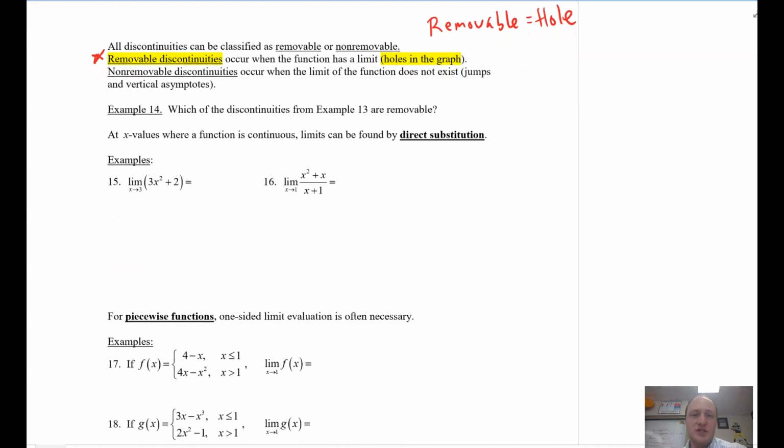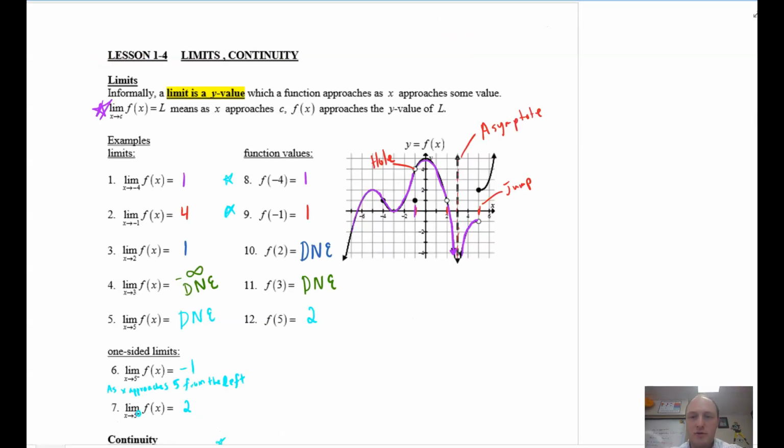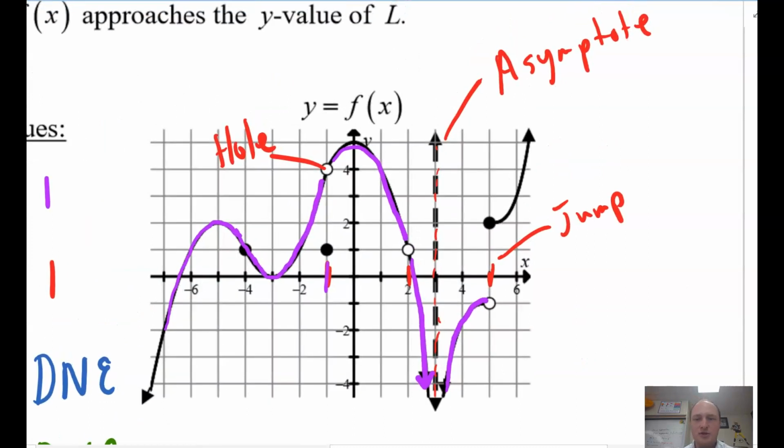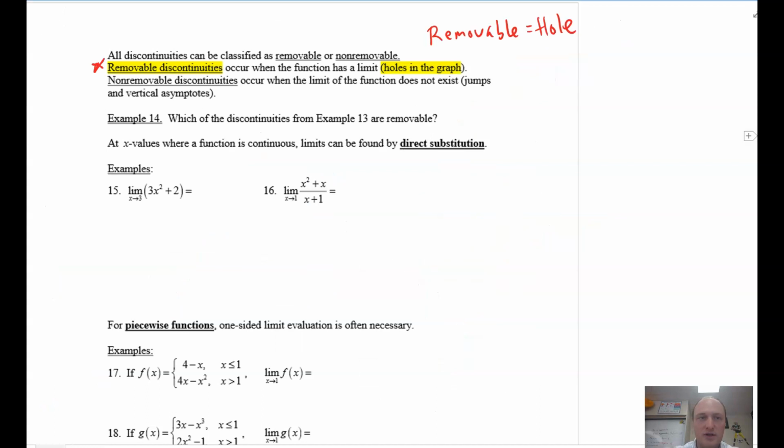So example 14 says, which of the discontinuities from 13 are removable? So we go back to our discontinuities here, and which are removable, or where do we have holes, essentially? So we have one hole here. We have another hole here. And yes, there's a hole here. However, this is a jump discontinuity. It jumps, the limit does not exist. I have limits for these two holes, but this one does not have a limit. So that's not removable. That would be non-removable. So we can just answer this